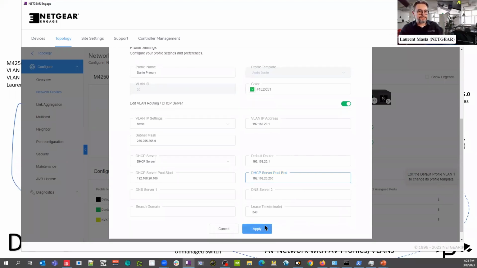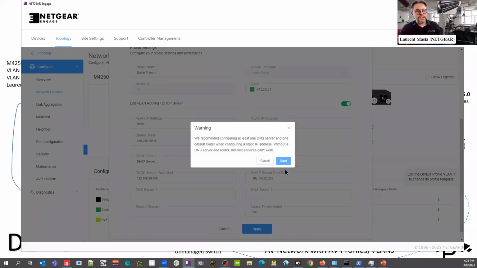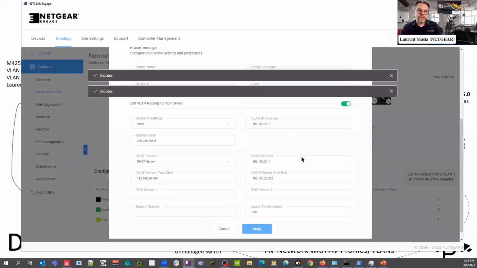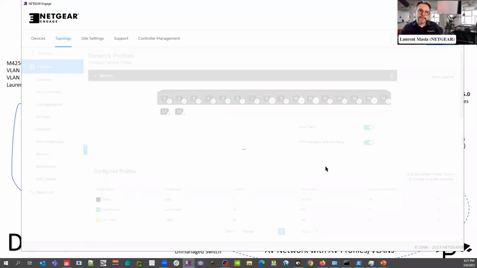And that's it. All right. No DNS servers are configured, so that's a problem for internet, but I don't know for you, we don't plan to do any internet with the Dante devices anyway. All right. So when I click apply, all the configuration for the DHCP server is sent to the core switch,